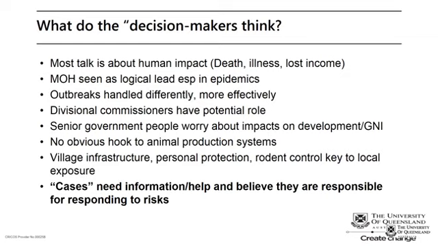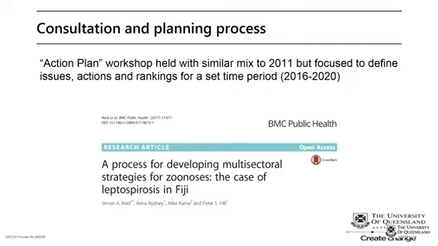We also spoke to people who were affected and who are cases or who had a death in the family. They wanted information. They wanted to know how to manage their land, how to farm, how to plant crops, and do so without risk. They wanted to know about different options. So it's a very different sort of framing to the other side of the problem, which is the health side.